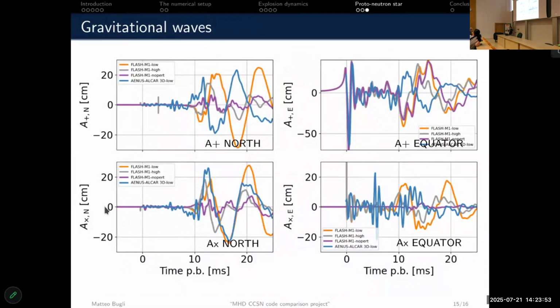I think it's pretty much a combination of the two. In this regime, I would not expect those rates to have such a quantitative impact. But I think, instead, on electron capture rates, we are basically sharing among not just FLASH and Osaka, but the other codes as well. We are quite homogeneous in that respect. There are differences in the neutrino emission, but as far as the bounce signal goes, I think it's basically the fast rotation which is helping us.